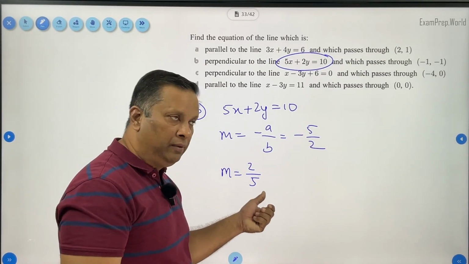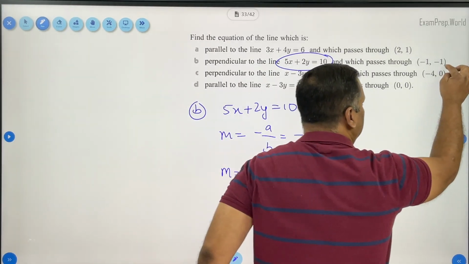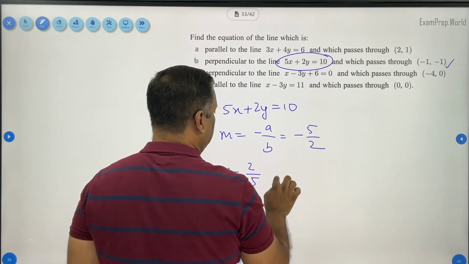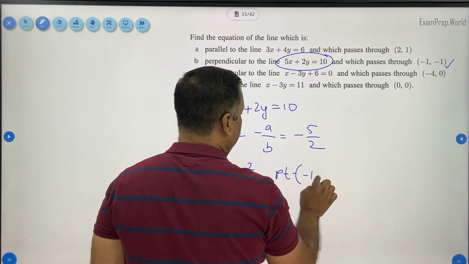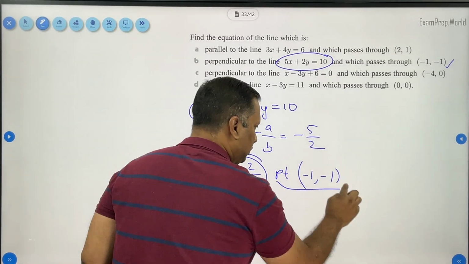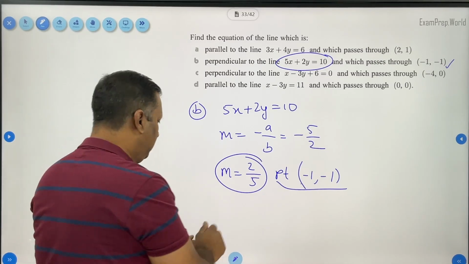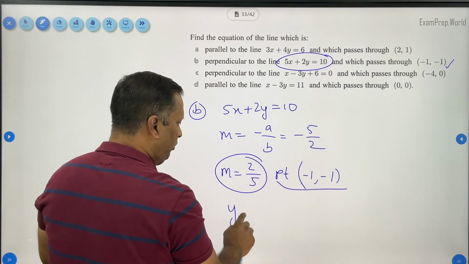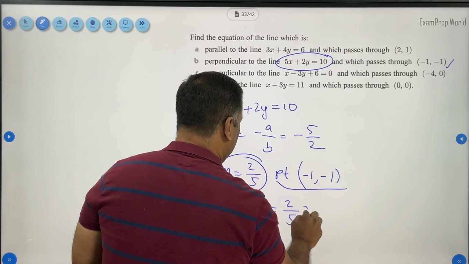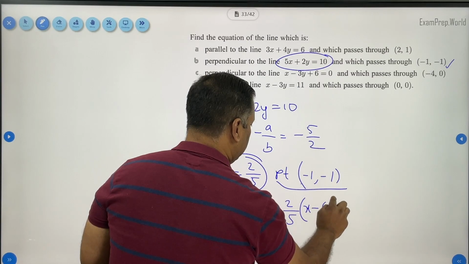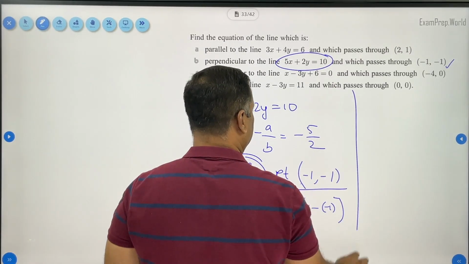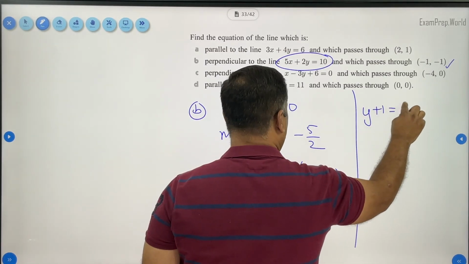It becomes positive 2 by 5 and it is passing through which point? Negative 1, negative 1. You have a gradient and you have a point. Now the task is just simple. Y minus of minus 1, be careful, minus of minus 1, equals 2 by 5 times x minus of minus 1. Be careful here, if it is negative 1, minus of minus 1 will become plus. So it becomes y plus 1 equals 2 by 5